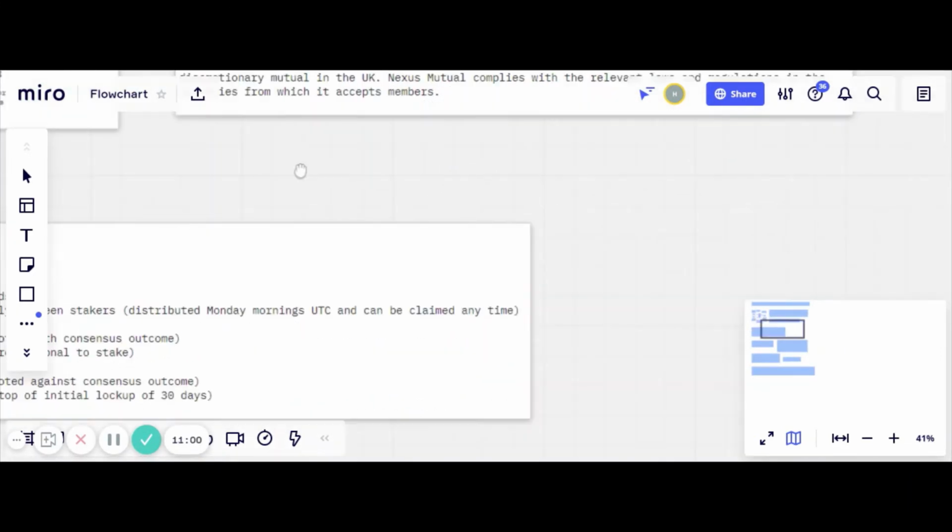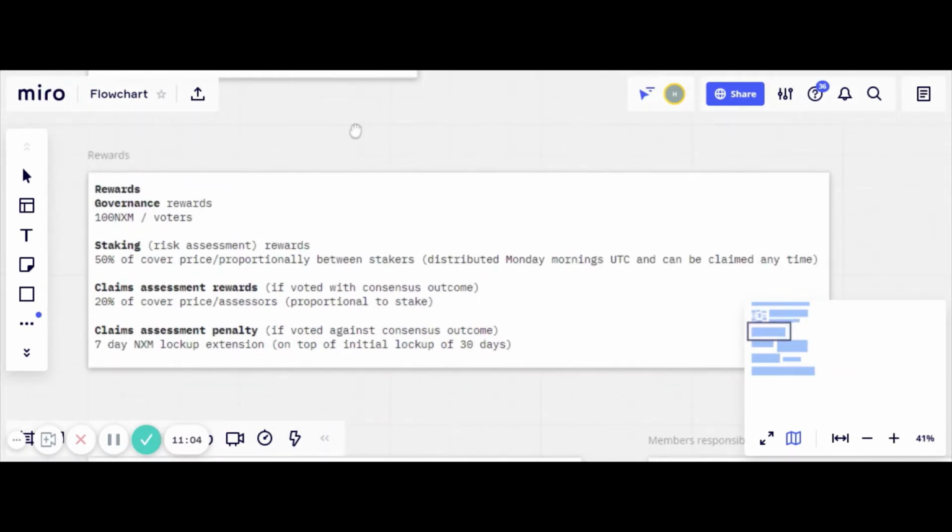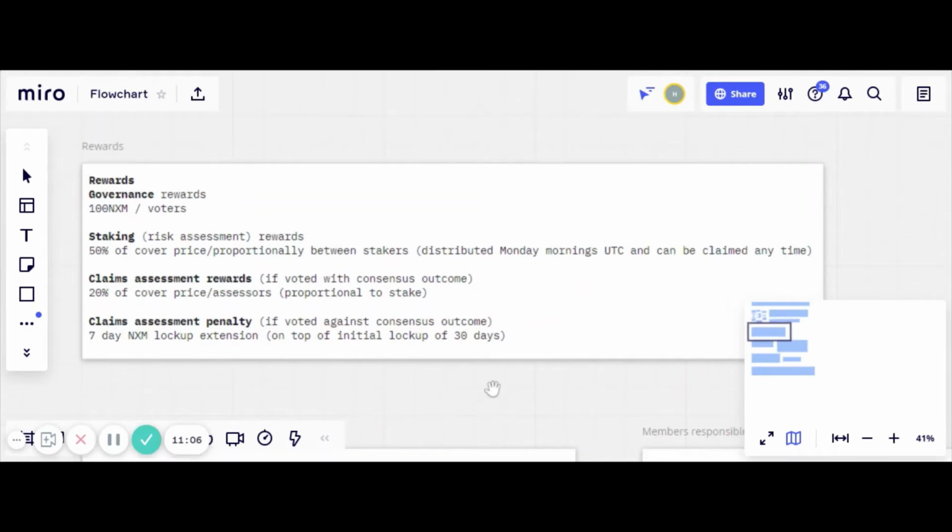Then, hold on, I'm just trying to work out where we go next. So, hold on,